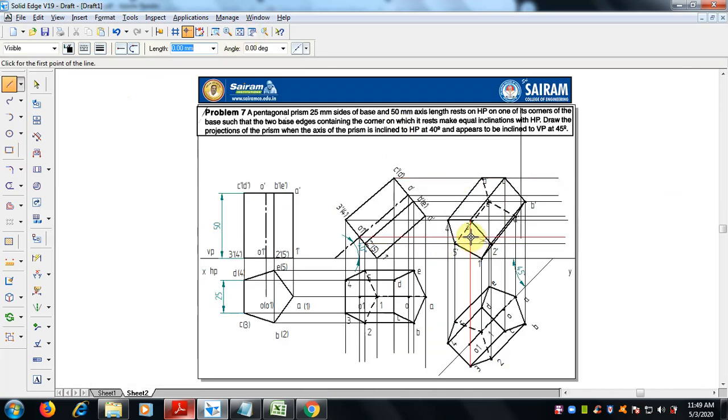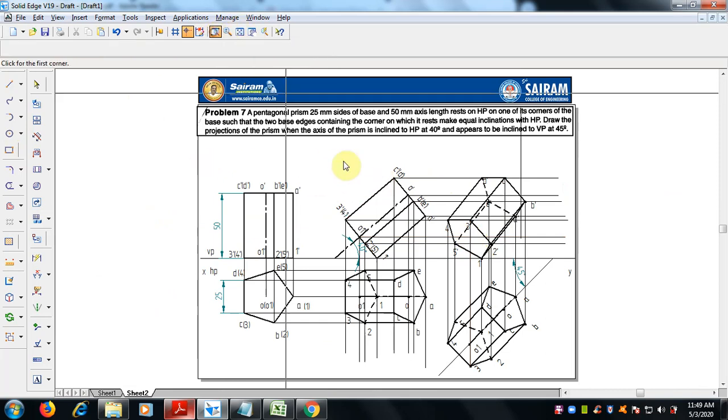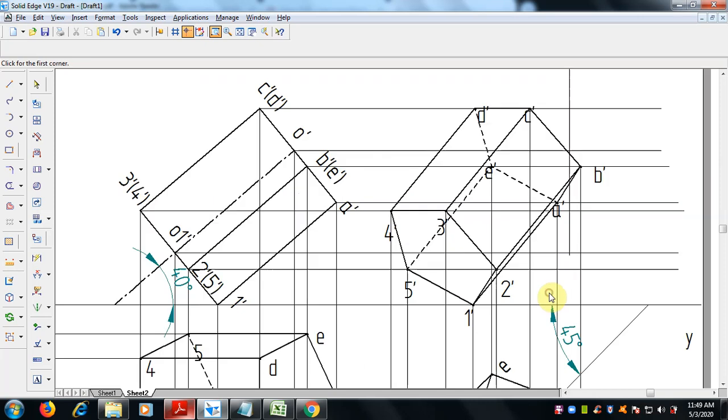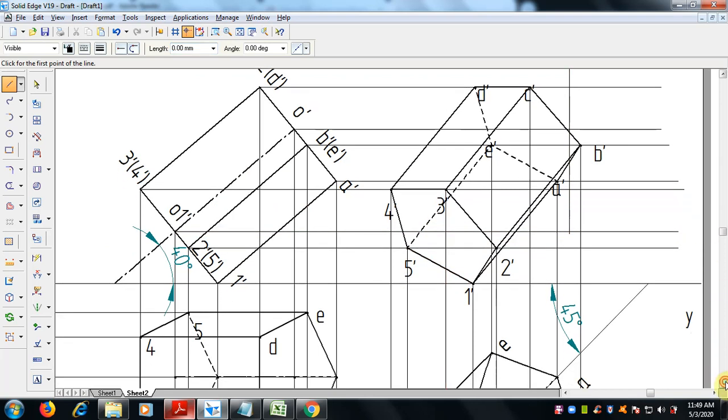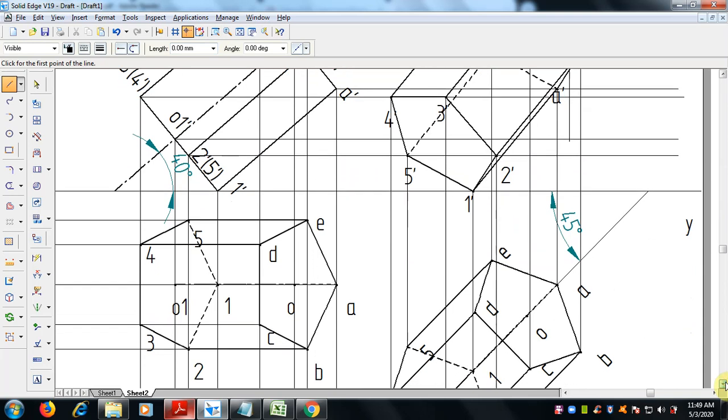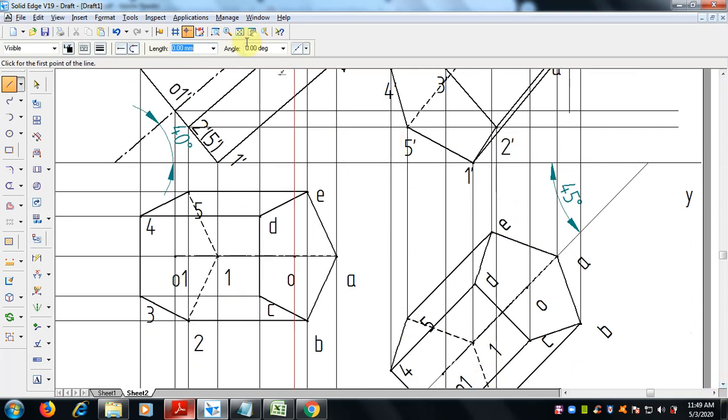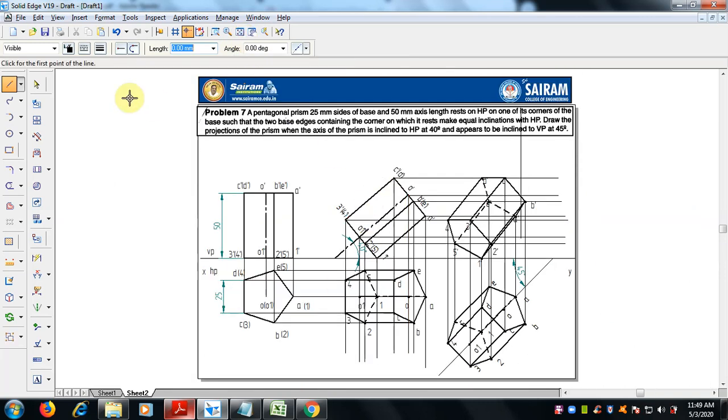Then the axis. Here we have to identify the intersection and draw the axis from bottom to bottom. The other axis line is done, yeah, we have to draw the axis line.